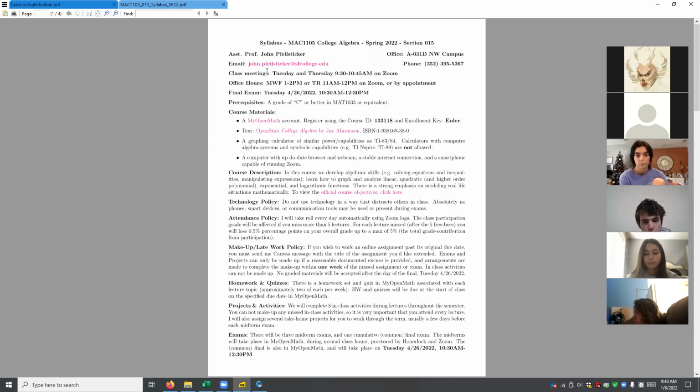Those all forward automatically to my email, and they also automatically include the course and section number in the subject line. If you're going to email me directly using this link or by typing my email address in, please make sure you tell me you're in college algebra. I'm only doing one college algebra this semester, so you don't need to identify the section. But Canvas is probably the best way to communicate with me.